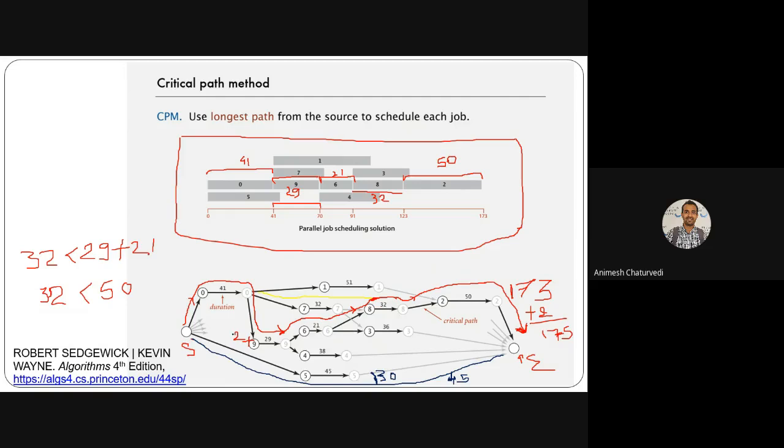If you are already having a delay of 2 in the 9, meaning a delay of anything on this critical path would actually result in delay over here. So this 2 is the delay of the whole project. And this 130 was not the delay of the whole project. This is the delay of just 5. Why? Because you have 45 as the time for activity 5.